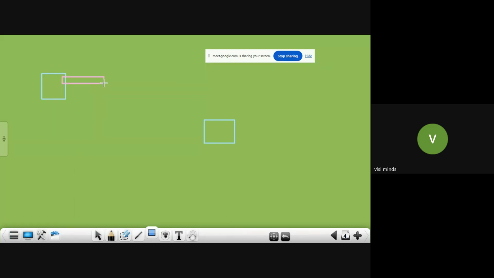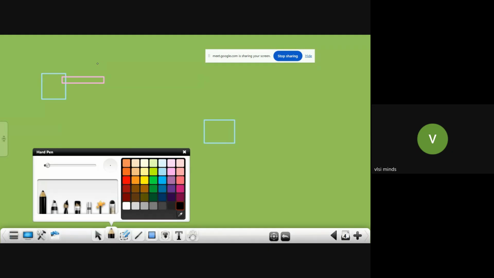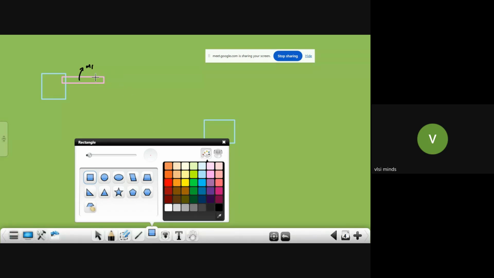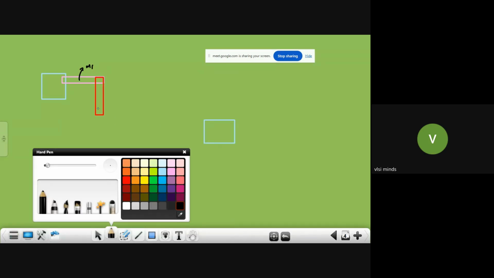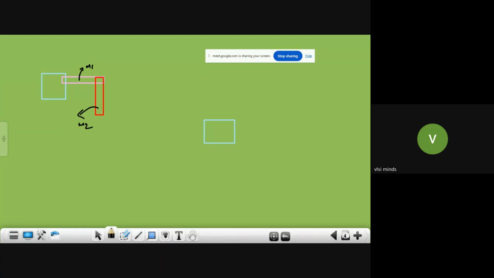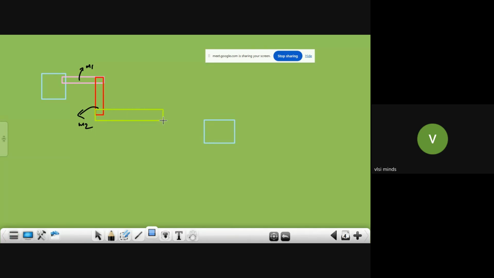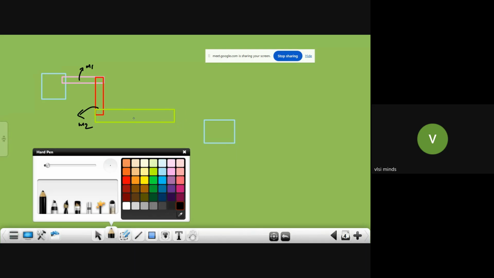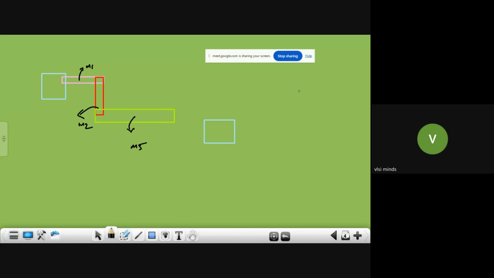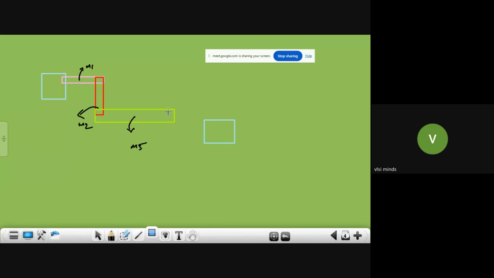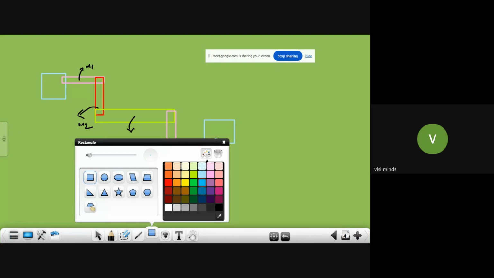Assume that this is made up of M1, and next you have M2, and now again you have M5, and again you have M4, and again you are connecting with M1, like this.